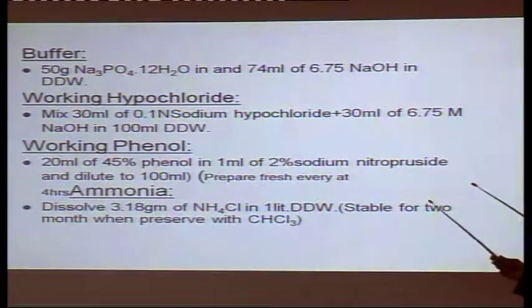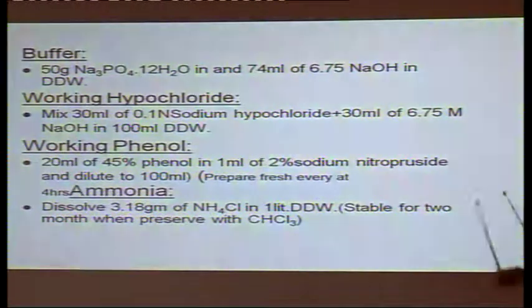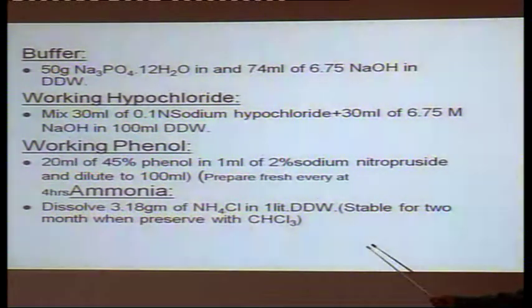The buffer is to be prepared from sodium phosphate and NaOH. Working hypochlorite solution is 30 ml of 1.1 sodium hypochlorite plus 30 ml of 6.75 NaOH in 100 ml distilled water. Working phenol is 20 ml of 45% phenol and 1 ml of 2% sodium nitroprusside, diluted to 100 ml. Prepare fresh every day, every 4 hours. Ammonia: dissolve 3.18 grams of ammonium chloride in double distilled water. It is stable for 2 months when preserved. After preparing this standard, you put about 5 ml chloroform as